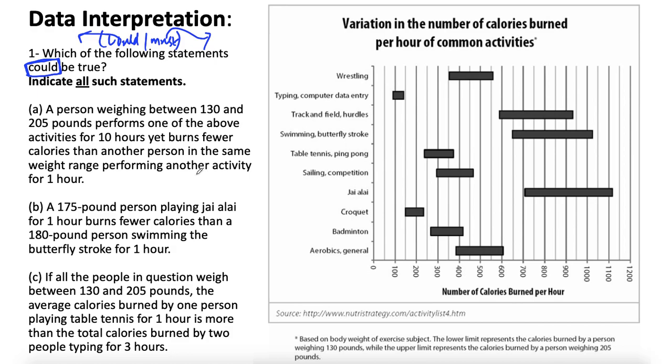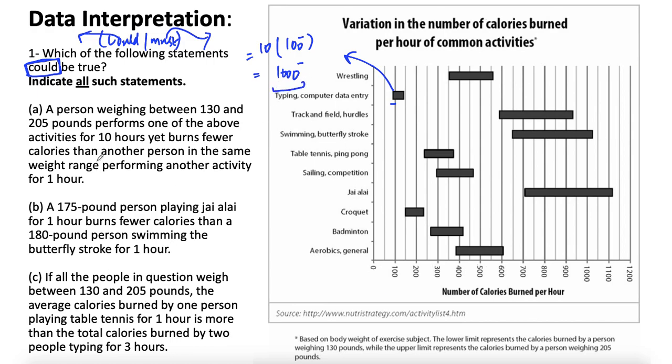So we will just need one scenario to prove this, right? And that is very much simple. If I see the minimum, which is 130 of this typing, and if I take 10 hours for this, and again this is less than 100, I will write this as 100 minus. So 10 hours, 10 into 100 minus, that is 1000 calories burned per hour, a bit less than